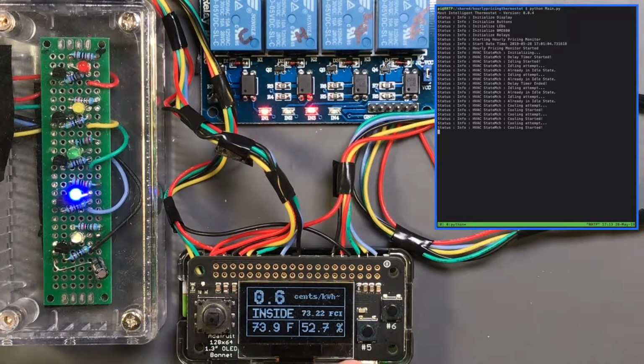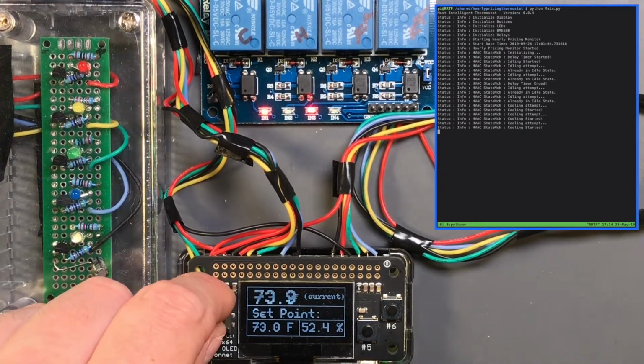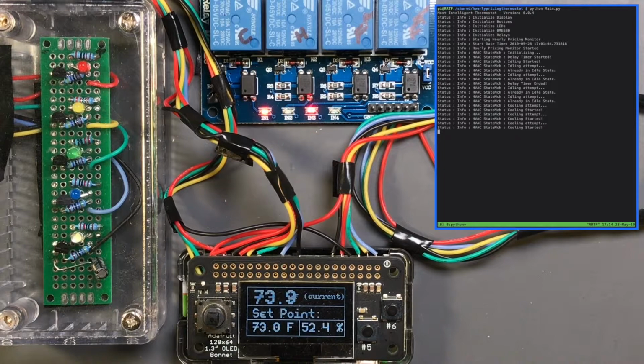Basically this will run right now. Right now it's set to the default, which is 0.4. So we set it to 72.5, and it will then come down to 72.1 degrees FCI, the comfort index, and shut off the air conditioner. To simulate that, I'm going to set this to just above that set point, which would be 73. Yeah, 73 should be just below it. And when that comes back,